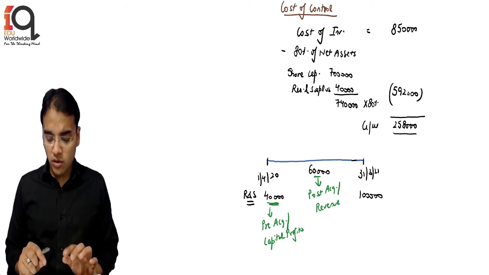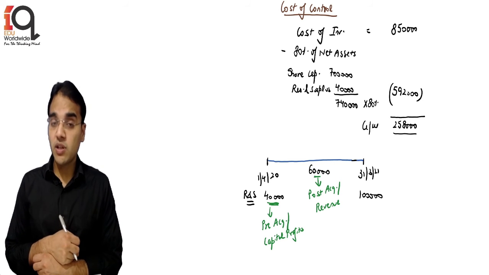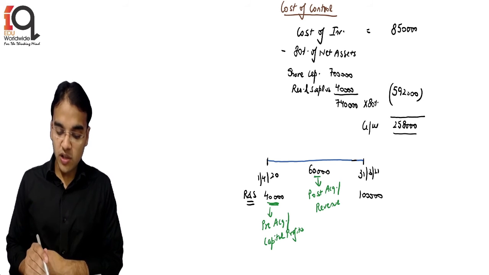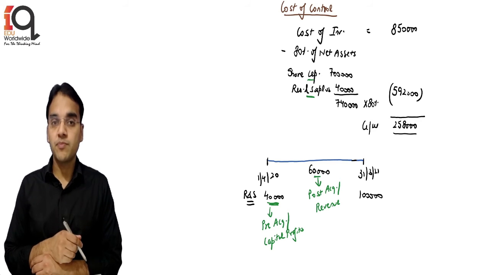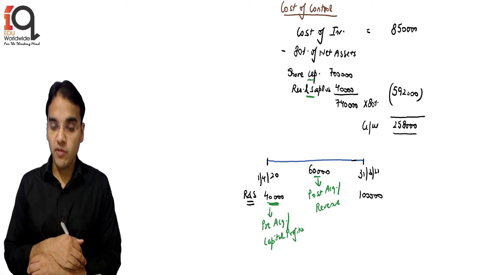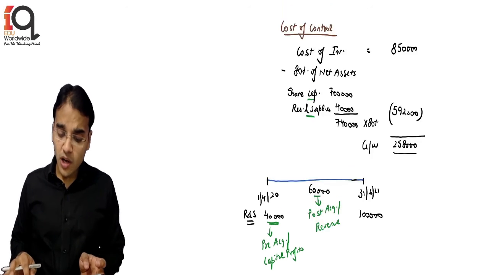So a new thing which we are learning here is that the profits which were there on the date of acquisition are known as pre-acquisition profits, which were considered here in the reserve and surplus. We want to know the net assets on that date, and to find out the net assets we compare the share capital and the reserve and surplus, that is pre-acquisition profits, or you can also say capital profits. So by adding share capital and capital profit, we get the net assets on that particular day, and the profits which are earned after the date of acquisition are known as the revenue profits.